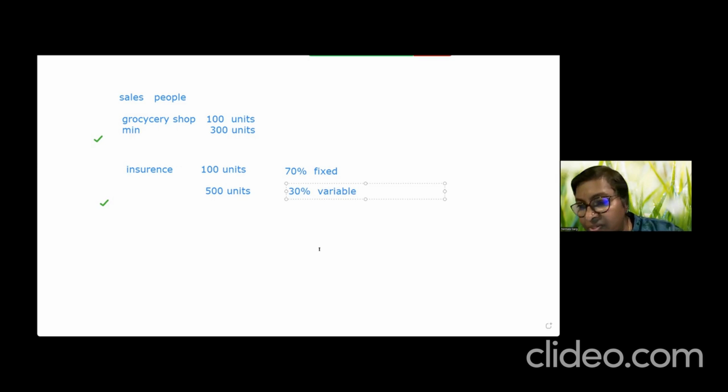Okay. What happens? That means you're sealing the ability of this insurance guy that he can make more. No, in this business. So what happens is your compensation pay mix should be in such a way that I